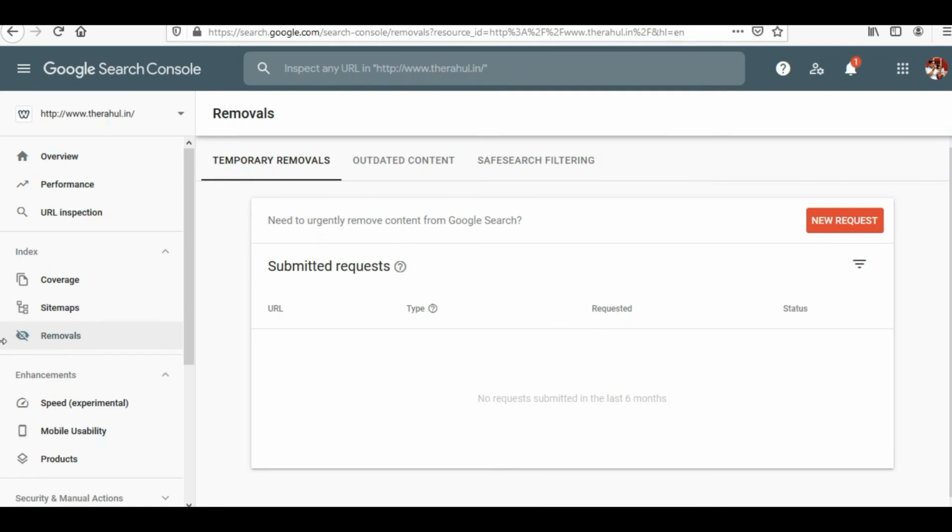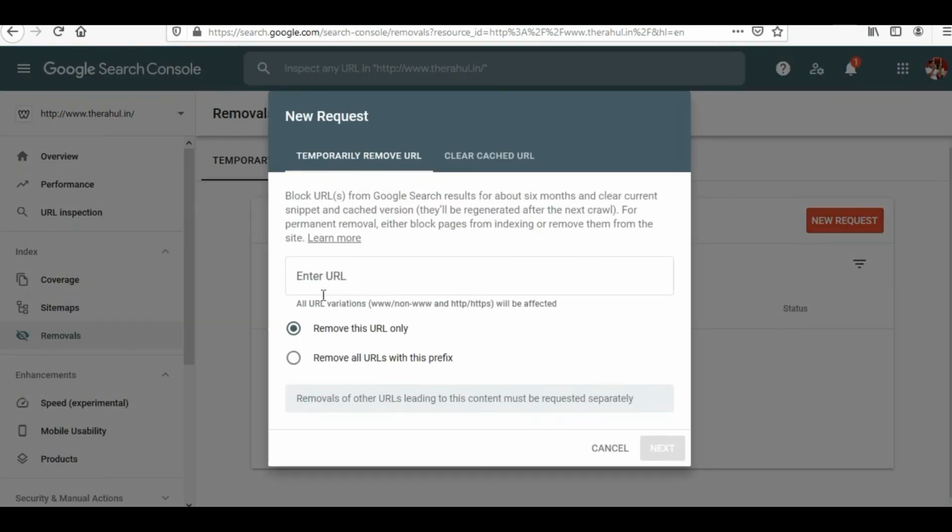The next option provided by Google in the Google Search Console is removals. Removal simply means that you don't want a particular web page to be covered by Google. In order to do so, you just need to click on new request and punch in the particular URL that you want to be removed from the search engine's results page. Google would be removing all the web pages as per the request made.